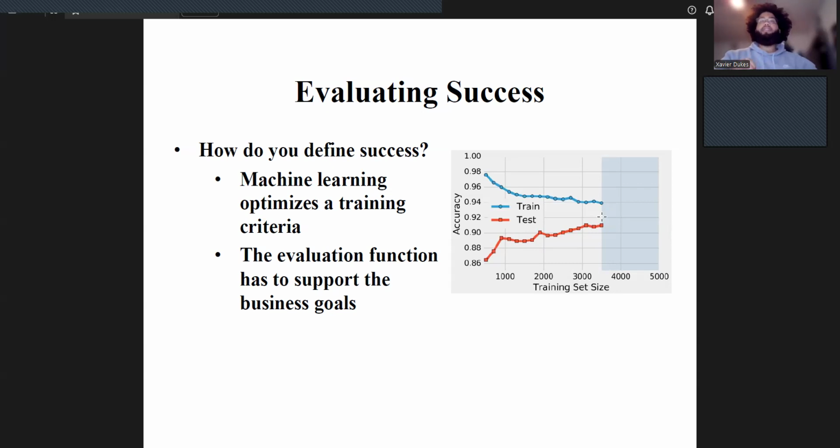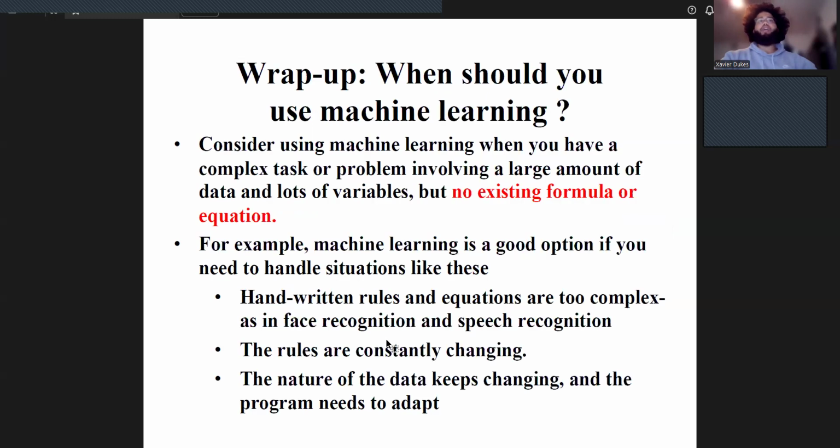If I need speedy recognition but can sacrifice accuracy, then of course that's fine. But if I'm using weapon systems or targeting systems, this needs to be highly accurate, with little room for error. Model accuracy and the business goals where this is being applied will affect the threshold of accuracy that you need and how you evaluate success. So when should I use machine learning? Ultimately, when the problem is large and complex or abstract, and when handwritten rules are just not sufficient.